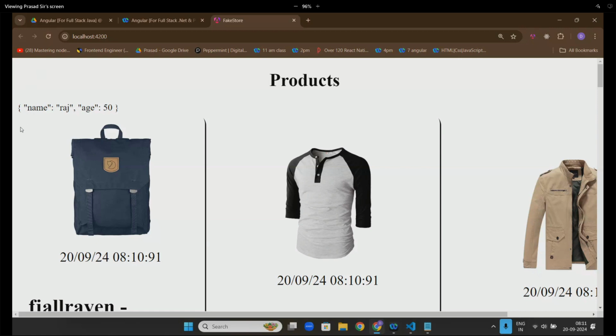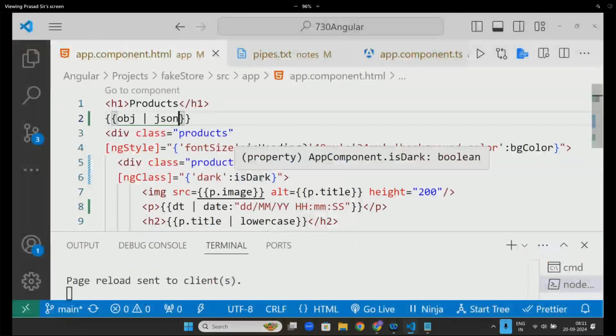That's the only difference. Key also will be in string format so that no one can change anything. To convert an object into JSON, you will use something called JSON. Any doubts? Now,